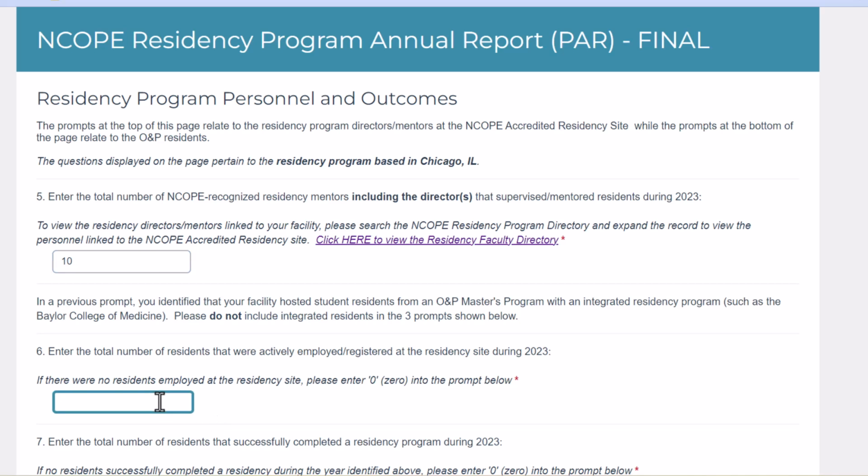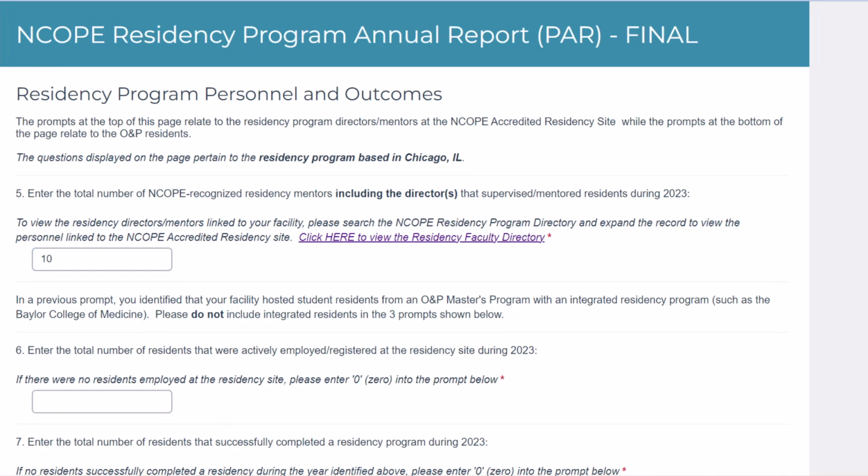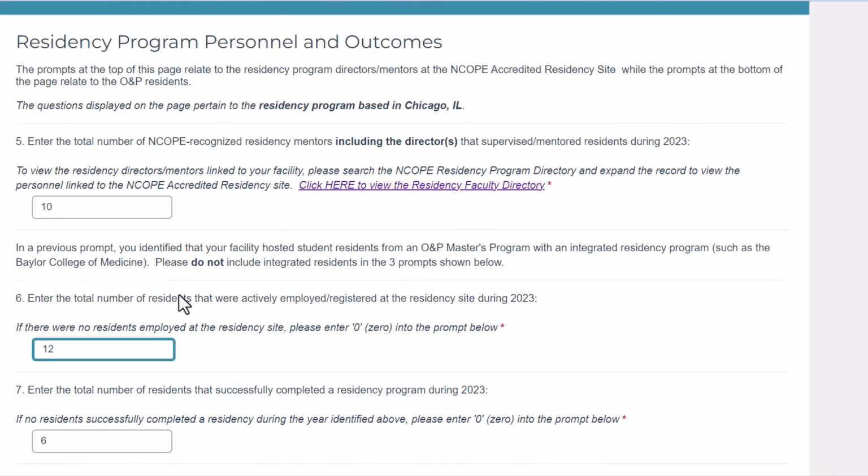So we onboarded 6, but we also had 6 other residents start last year, and they finished in 2023. So 6 started, 6 different ones finished, and that's all during the same year. So 6 plus 6, that's 12. And then the number of people that actually finished,